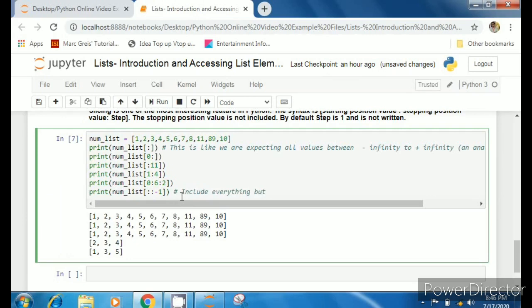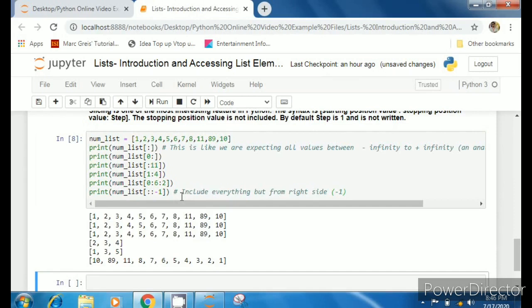That is, I want all values in between minus infinity to plus infinity, but in decrement order. That is, it will read from right side. And don't get confused that it is -1, so I am reading from my right side. No, I am not reading from right side. I am decrementing the values. That is, it will reverse the order of my list.